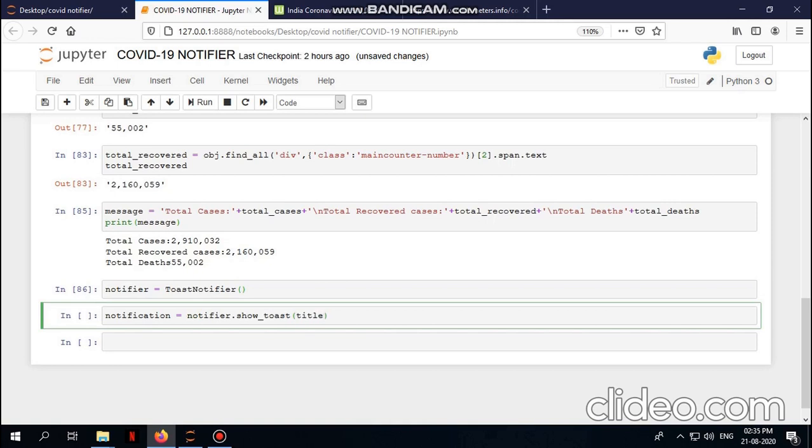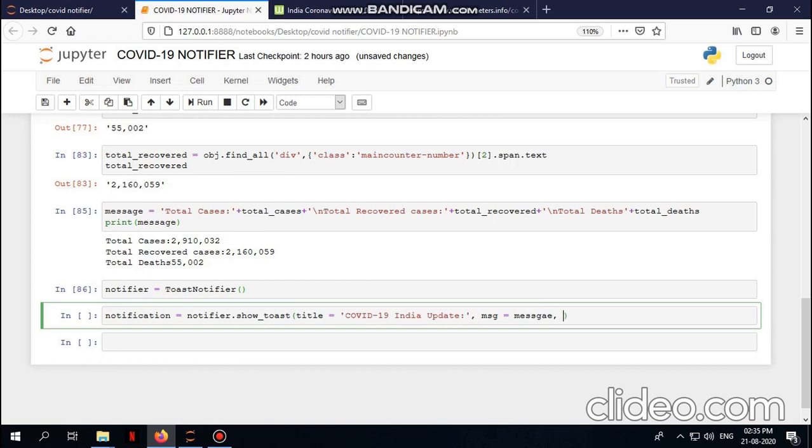So that will be the title. The title will be, I would like to get COVID-19 India update. So this I want to be the title. Okay, so the message which I want to be displayed is the message which we gave above.